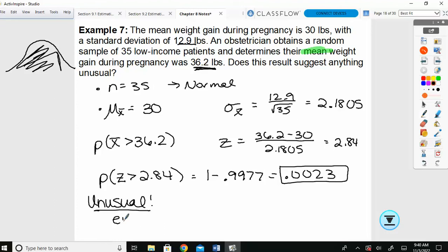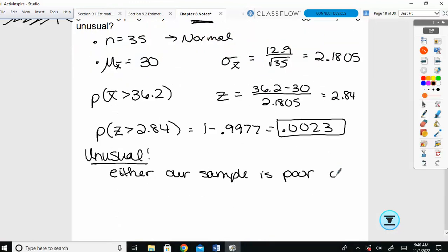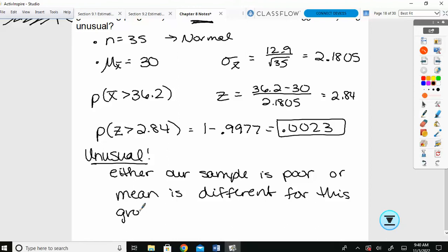Some possible explanations. This could mean either we have a poor sample, so for some reason we just picked a sample that was very different than the original population, or it may indicate the actual mean is different for this group. You know, our data is flawed in some way. We got a very unusual result. So either the problem is our sample, or the problem is this sample really